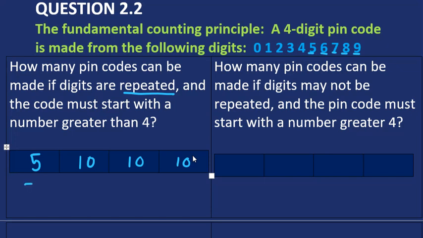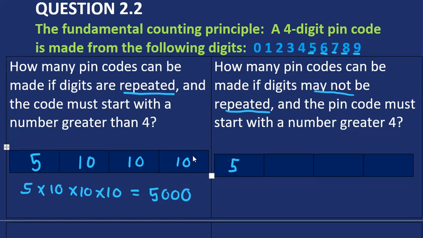So the number of pin codes that could be made in this case will be 5 times 10 times 10 times 10, and of course if you work that out, it'll give you 5,000. Let's move on to the next scenario, which is basically the same, but the only difference now is that the digits may not be repeated. Okay, and then again, remember, we're told that